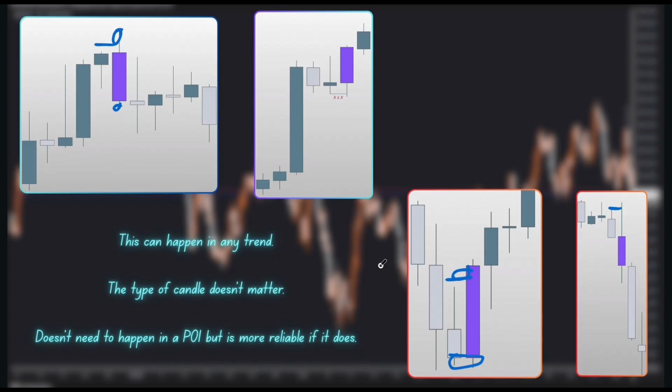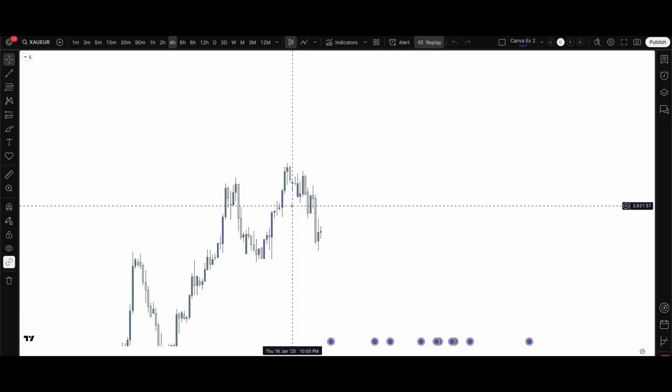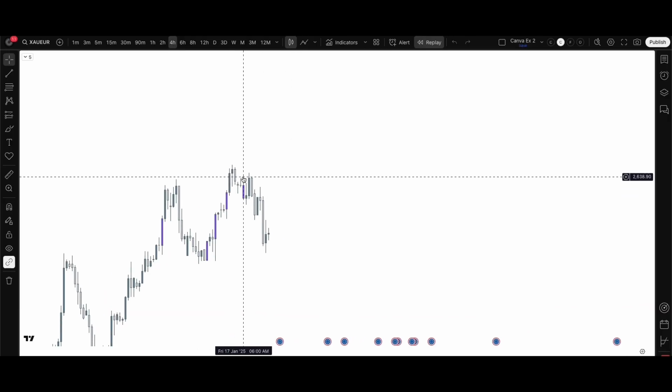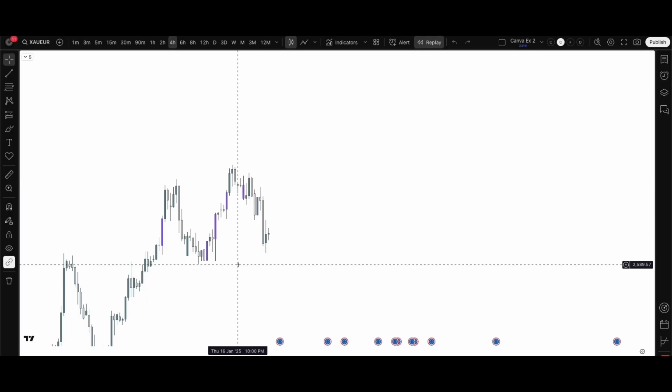Okay, so now I'm going to show you an example on the charts on how you can use this. Okay, so this is from my sniper swing strategy. So I'm going to show you an example on how you can apply the manipulation candle if you don't want to enter limit order style. So real quick, we're on